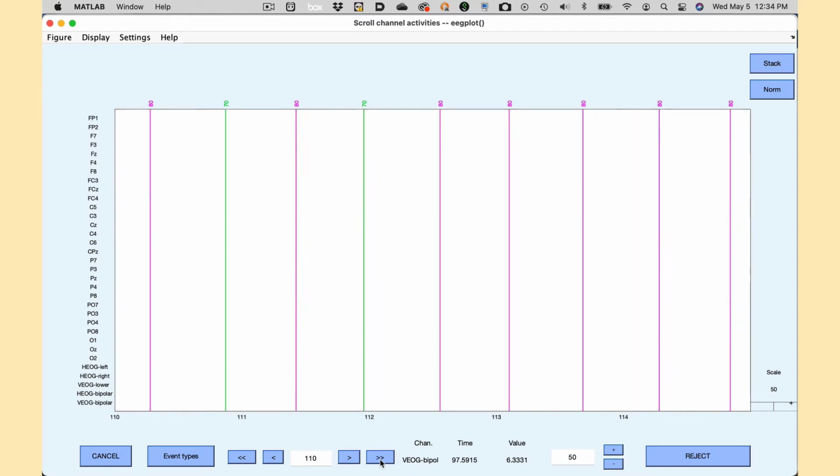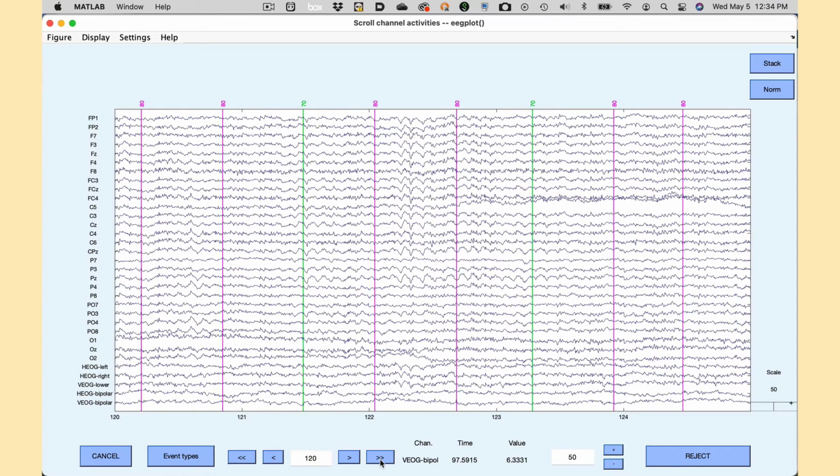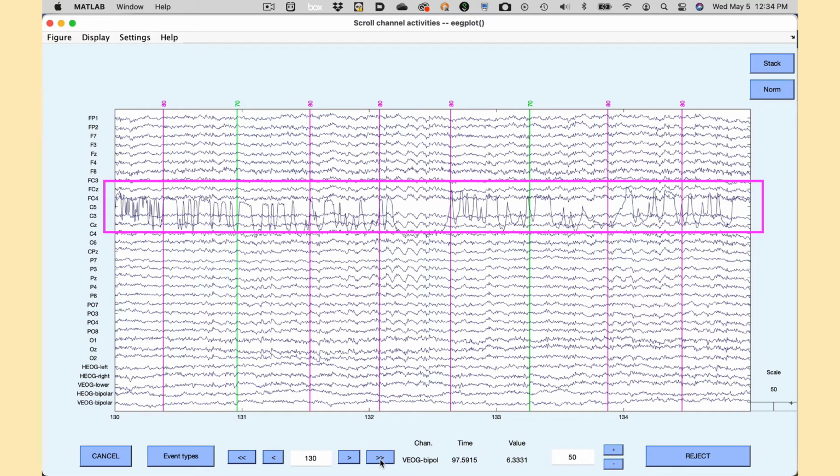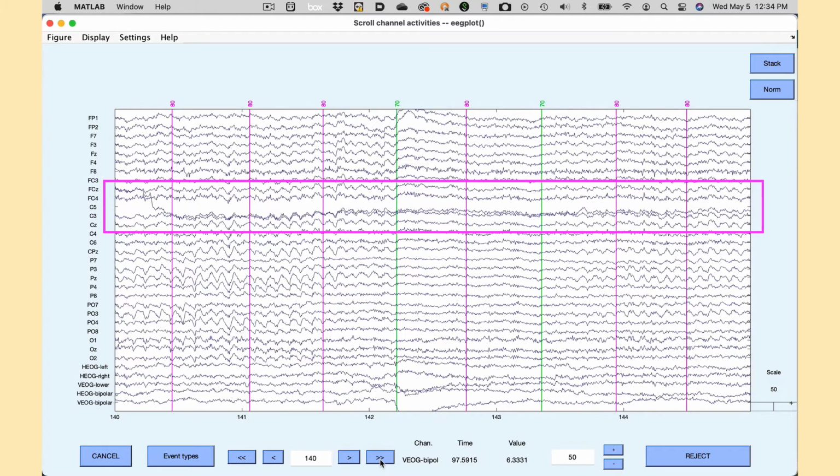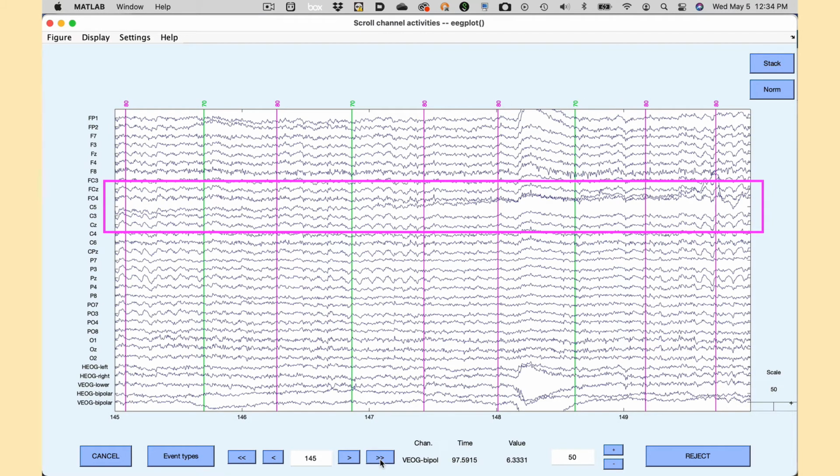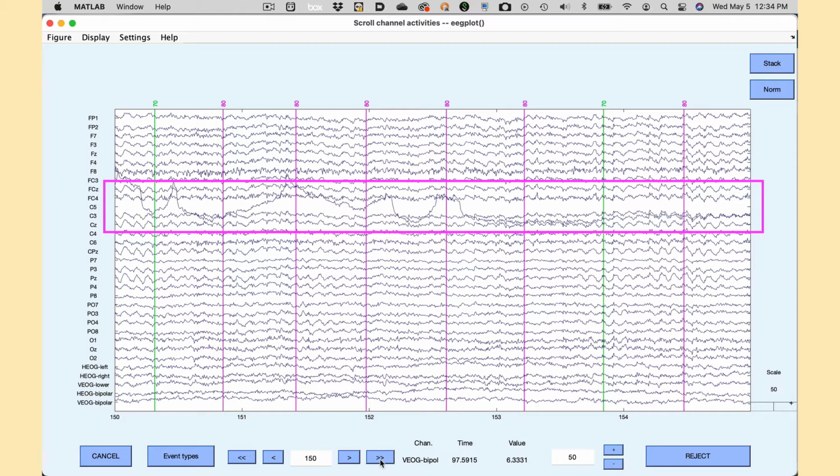If we keep scrolling, we can see something going on in the C5 channel around 125 seconds. It just starts going crazy. It calms down a bit starting around 141 seconds, but then it goes crazy again around 150 seconds. To be honest, I have no idea what might cause this pattern. It's just a rare idiosyncratic artifact. But it's not brain activity because it's limited to a single electrode site. I'm thinking this electrode might have a bad connection, and we may need to replace this channel with interpolated values. I'll explain how that works in the text.